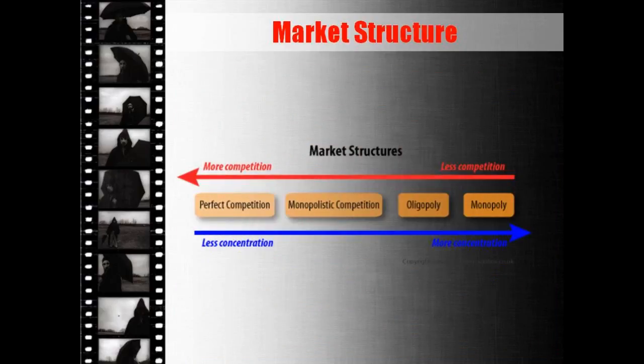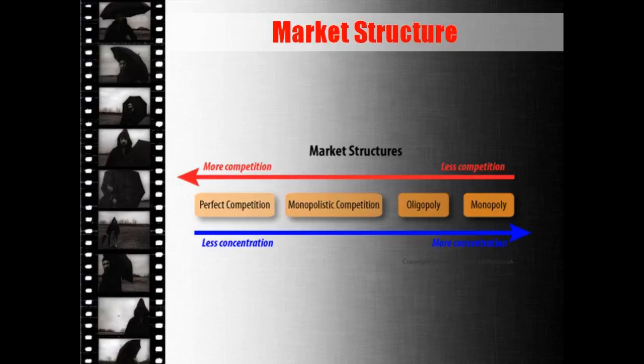If we compare the market structures by the frame of the competition, on the left side is more competition and on the right side is less competition. We can say that the most competition is perfect competition, and then monopolistic competition and oligopoly, and the last one